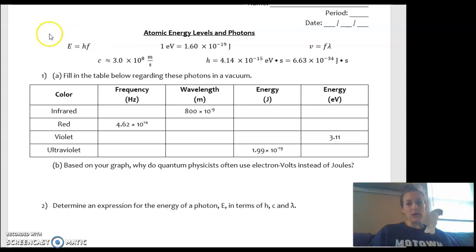So we have here the equation to find energy. It's simply Planck's constant times the frequency of the light. I've provided the conversion between electron volts and joules. So remember, electron volts is just a different